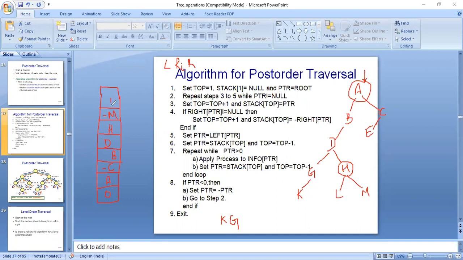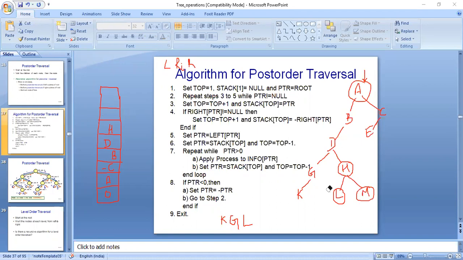Then its left child. So this is our stack now. Now, since we have encountered the leaf node, we will again start backtracking. So we will pop L over here, and then we will set the pointer over M, but we will not process it. So we will not process M.